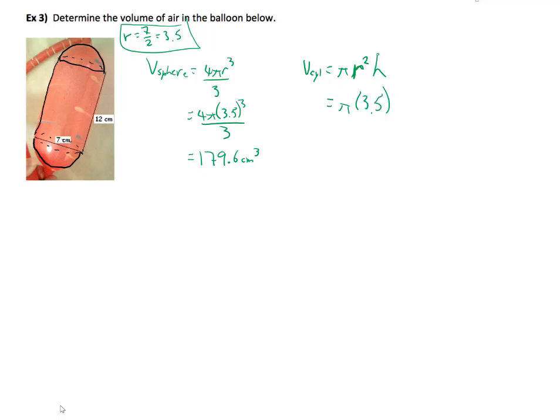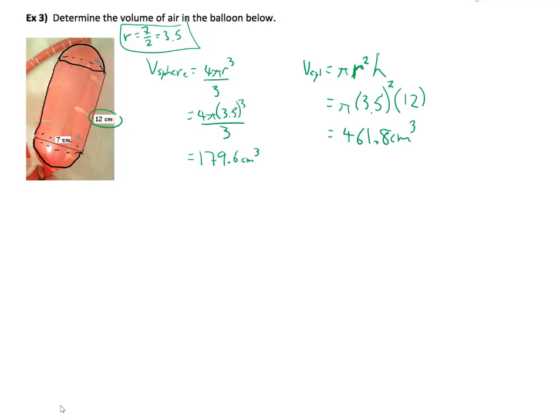And the height of our cylinder was given in our image here. It's 12. So we just multiply it by 12. Oh, I forgot my squared symbol. Yeah, don't forget that, because you do need to square your 3.5. So 3.5 squared times pi times 12, that should give us 461.8